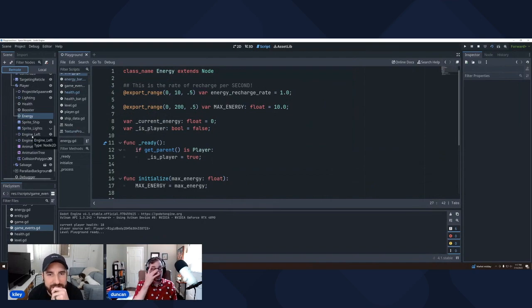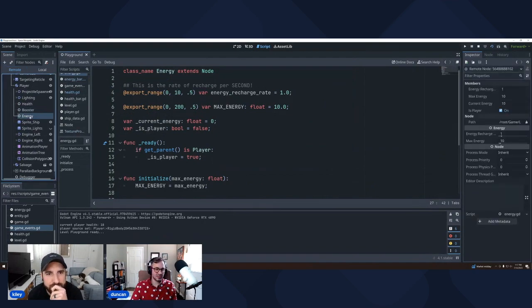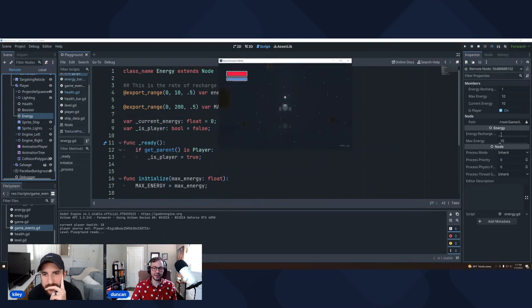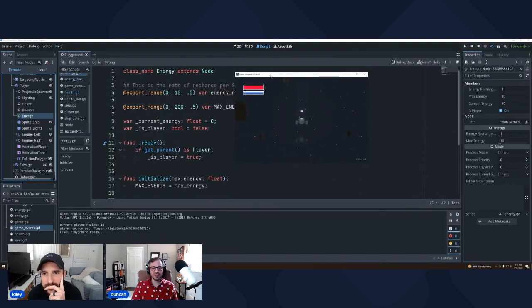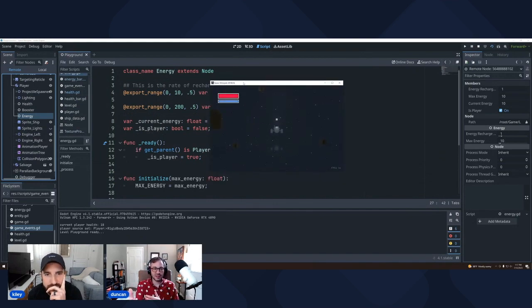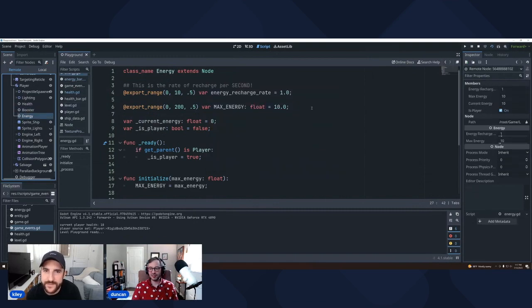And yeah, I'll say, I find that troubleshooting this stuff in Godot, or not troubleshooting, but taking a look at this stuff, is a little bit more... I feel like Unity is a little better with that, right? Because this screen is embedded, and instead of having a remote and local, it just updates to what the remote is. So I think it's a little bit more usable for Unity doing this kind of thing, but I've made do. But yeah, we can see here that current energy is 10 and it's not going past that. Cool. That's very cool.